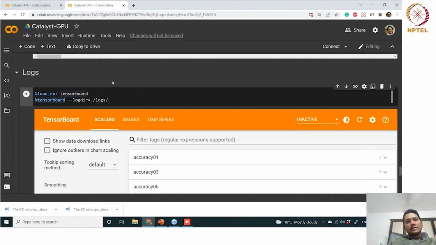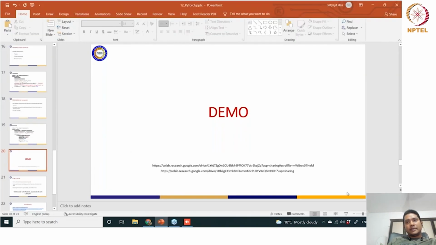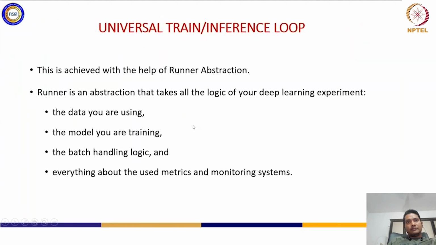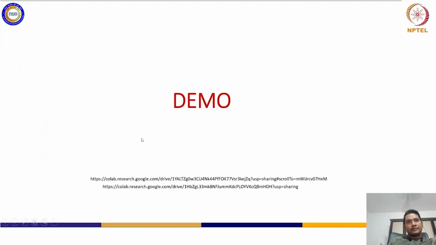So this is the Catalyst that we were talking about. Also, in the slide, let's go quickly to the demo. In this section, we have given one link for you to refer to Catalyst running in GPU.